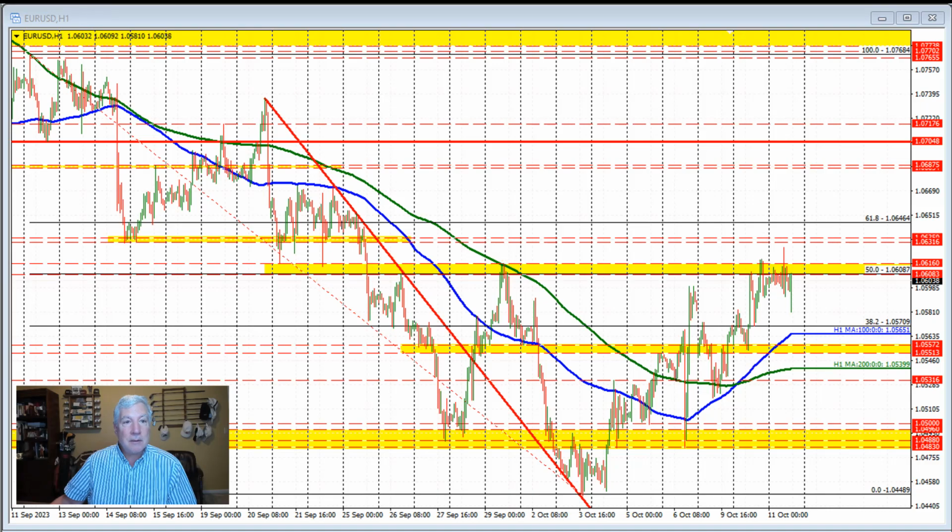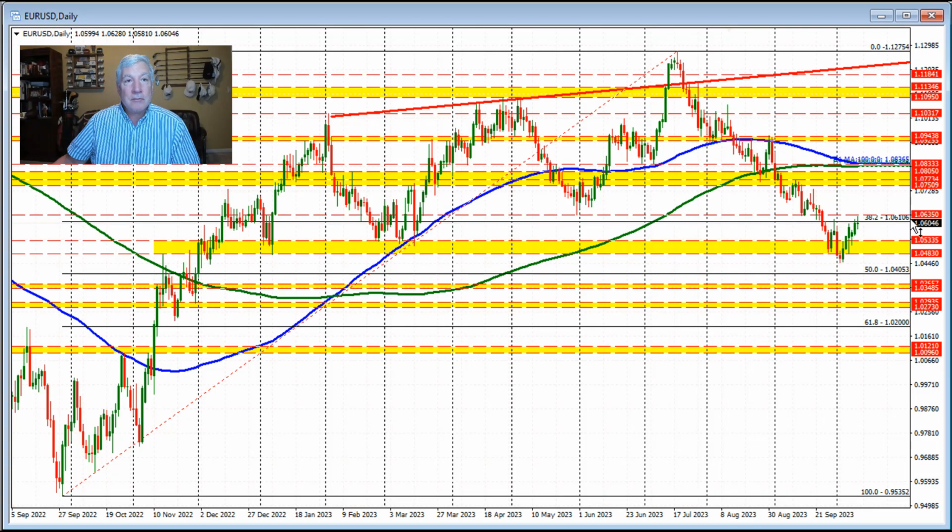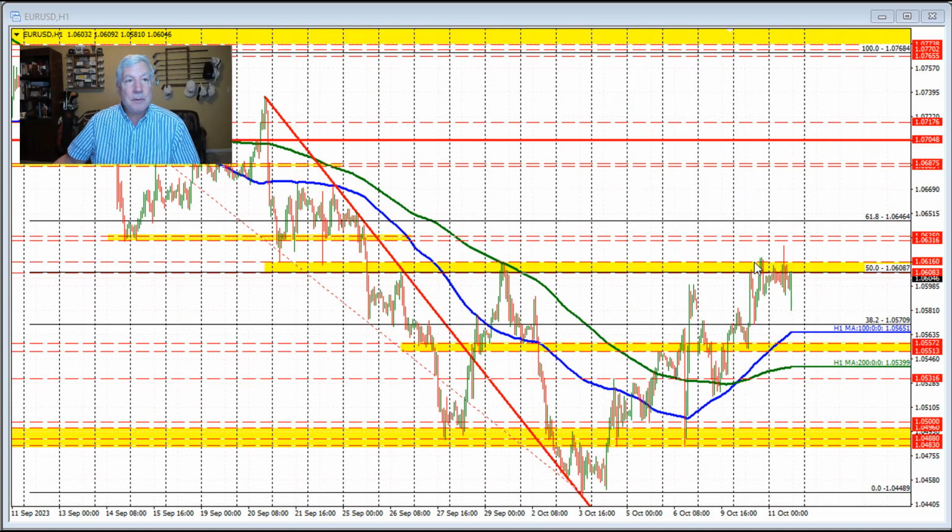I've talked about the 1.06106 level. That's right here on the daily chart. That comes from the Fibonacci retracement of the move up from the September 2022 low to the high price that we saw in July of 2022. The broken 38.2% comes in at 1.06106, and it looked like that was going to hold yesterday, hold resistance up through here or around that area,